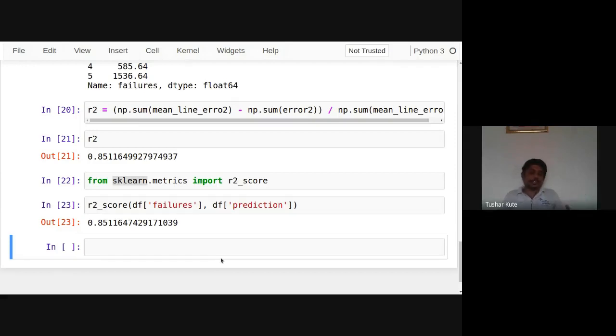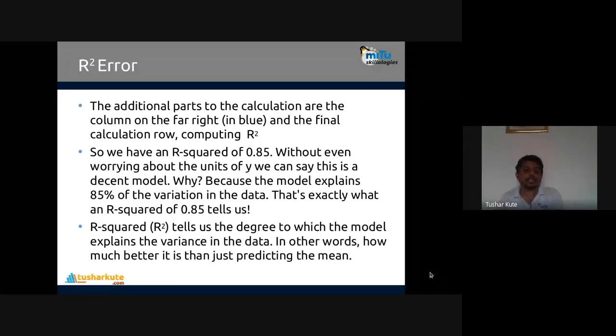So in linear regression, if you want to check the accuracy, the R2 score will perfectly show you. So 85% the results are accurate. That kind of interpretation can be done with the help of the R squared error. And if you consider that the R squared error is accuracy, it means that 1.0 is the perfect value, a perfect fit. So additional to the calculation, with R squared 0.5 we can say, without even worrying about units of y, that the R squared value of a decent model always lies from 0 to 1.